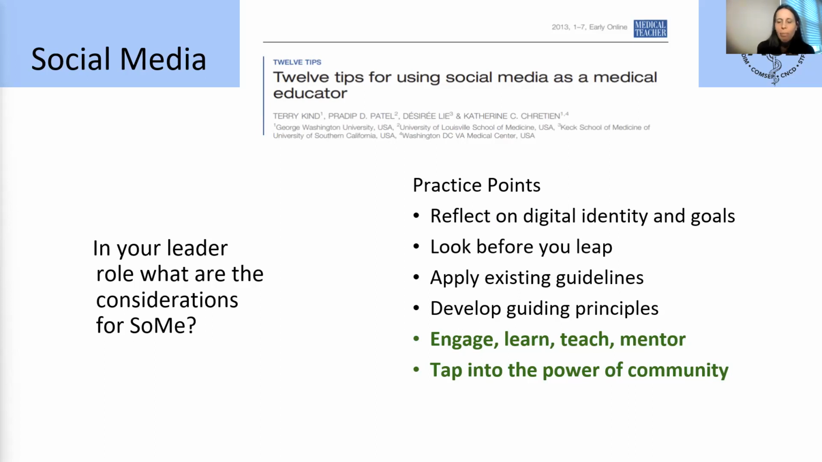Feeling a little uncertain about making use of TikTok, but you already use Twitter or something in between. So those are some ways to think about it, understand the environment before you dive in, think about the existing guidelines and principles for use. And we'll talk about that a bit more, but